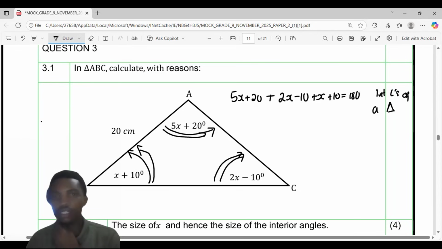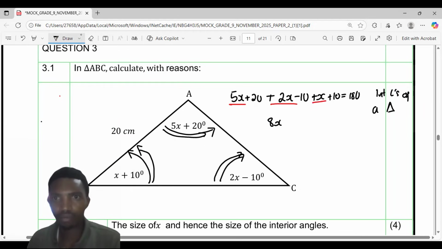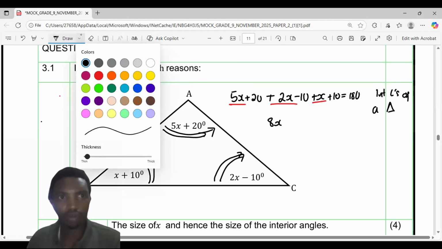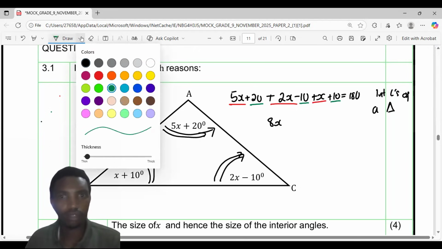triangle, right? And then we have like terms in this case. Let's quickly check our like terms. We have 5x plus 2x plus x. When we add all of them, we're going to have 8x. Then we have another set of like terms, which I will use a different color for: plus 20 minus 10 is positive 10, plus 10 is 20. So we're going to have plus 20 here